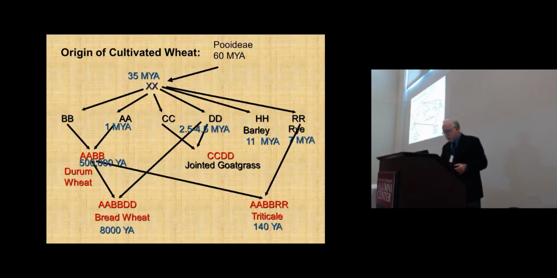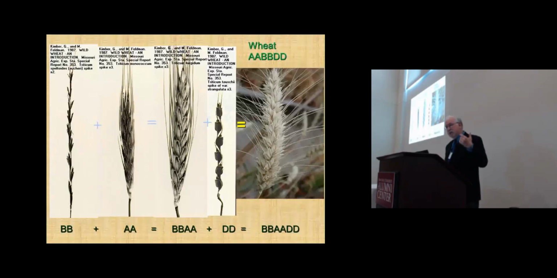Now, how do we know this works? It's because we can retrace the history. Now, we don't know the B genome. We put up Triticum speltoides, which is here. Why is wheat always ABD, but in fact the B genome? It's because the cytoplasm is from the B genome. It's not from the A. We know that. We know it's not from the D. So the B genome must have been the original female.